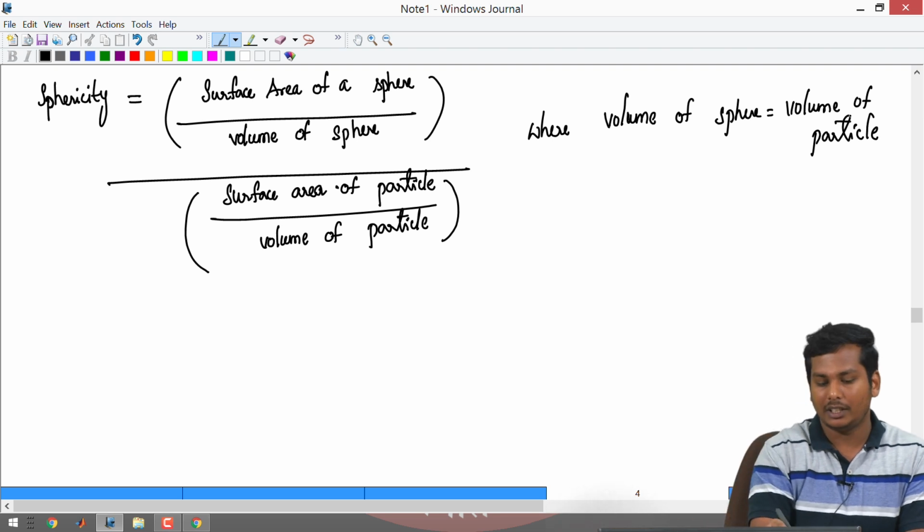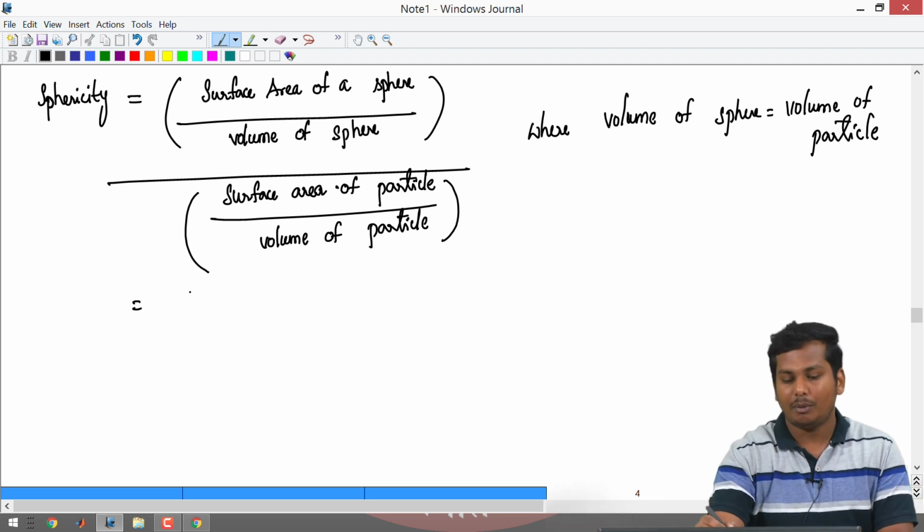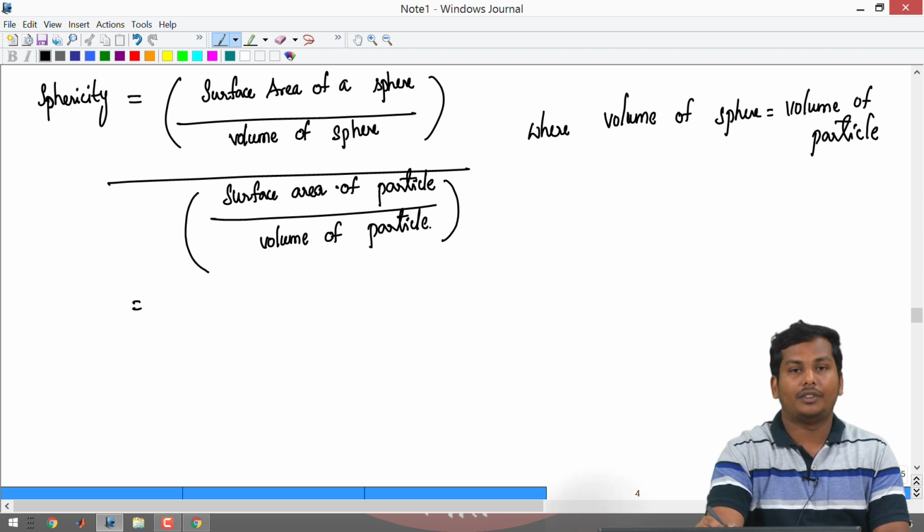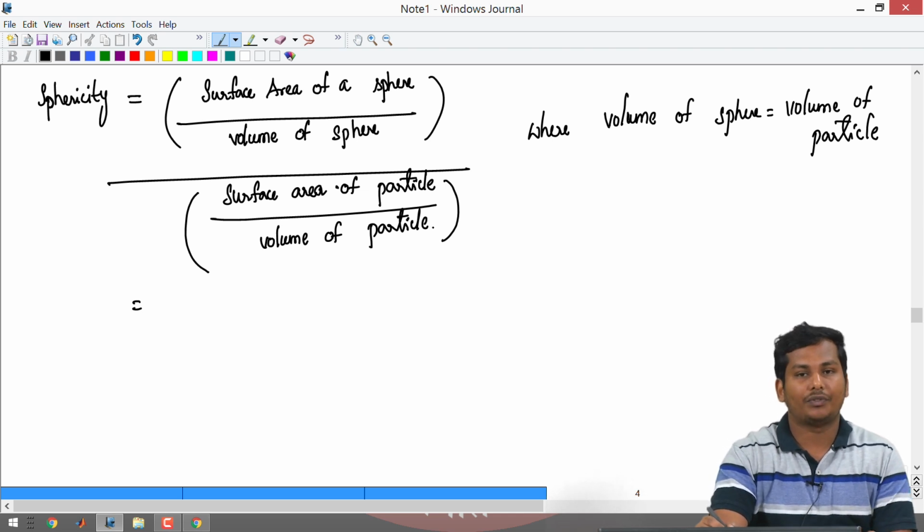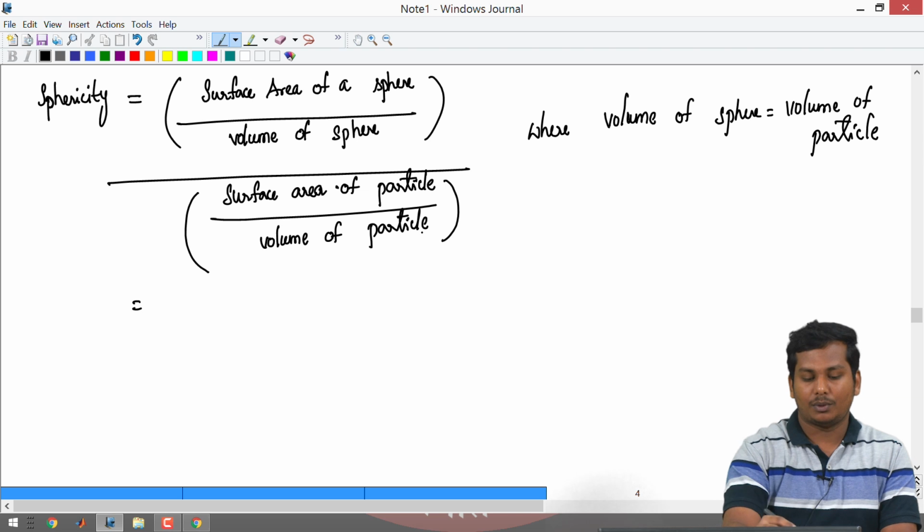So, it is actually surface area of sphere by surface area of the particle, in which the volume of the sphere and volume of the particle are the same. So,